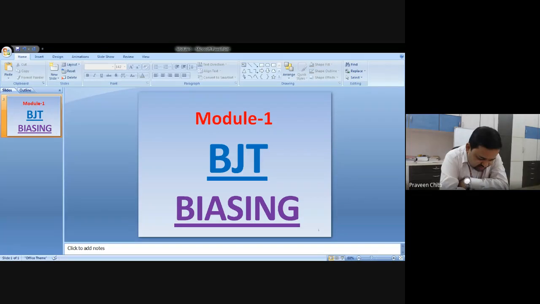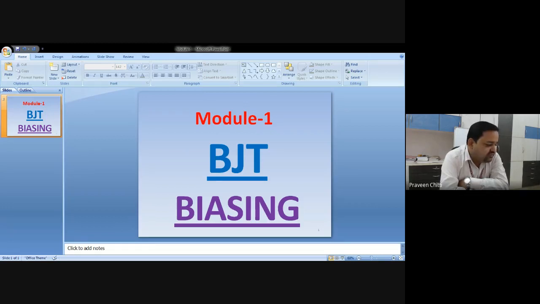As I have told, a transistor is a three-terminal, three-layer solid-state device consisting of two PN junctions. The three layers or terminals of the transistor are designated as emitter, base, and collector. As the name indicates, the emitter emits the majority charge carriers, the collector collects the majority charge carriers, whereas the base controls the charge carrier movement from emitter to collector.